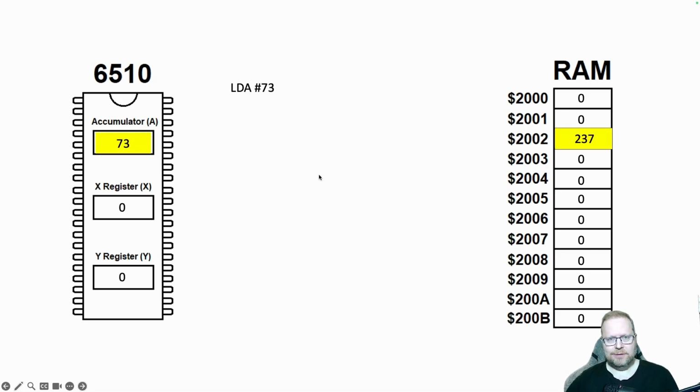Alright, so what if we write some more code? STA $2004. What does that mean? It means store whatever is in the accumulator in memory address 2004. So we want to store this number here into address 2004 now. Basically that means that we make a copy of whatever's in here at that specified